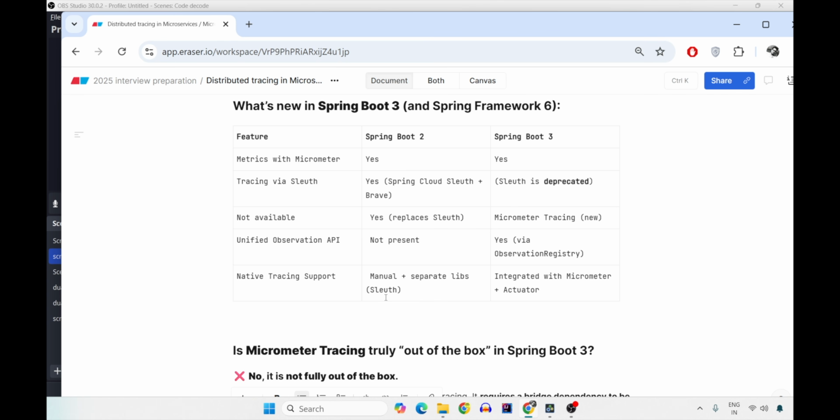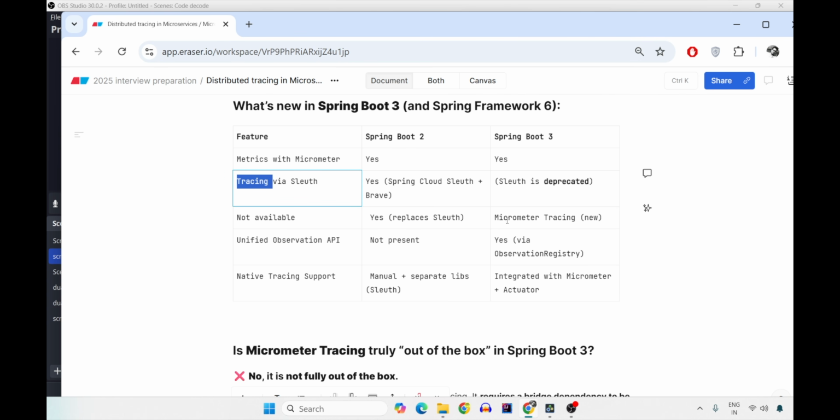And this is the reason why you have to understand and learn so many things. So initially in Spring Boot 2, metrics were there in micrometer. So yes, it remains the same. Many people coming to an interview say, now we have support for metrics also. And I would say no, because that was already there. What new came into Spring Boot 3 is tracing. Tracing is the new thing.